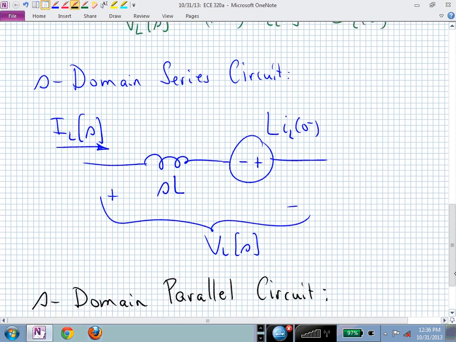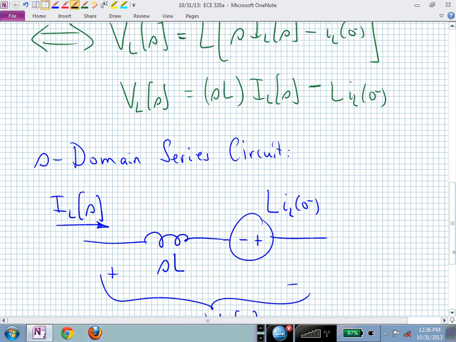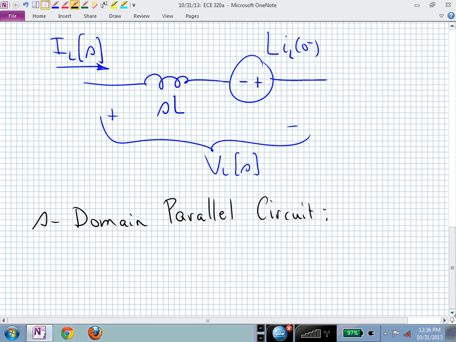Meaning, if we have this governing relationship, V is equal to SL I minus L I sub L of 0, to get the parallel circuit, let's solve this equation for the current, I sub L of S. Doing that, which is really just dividing all the terms by the impedance, SL, of that inductor, we now have 1 over SL